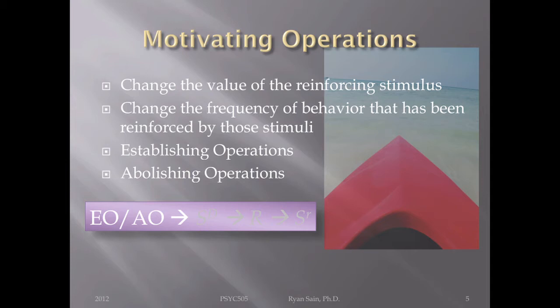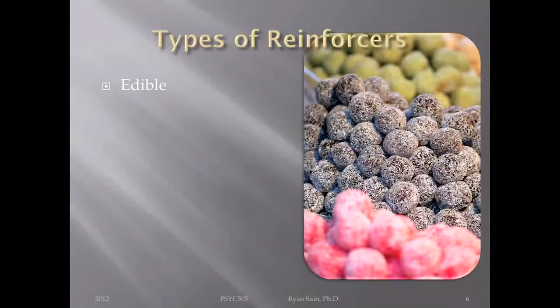Okie doke. Types of reinforcers. All sorts of ones. Edible reinforcers, sensory reinforcers. Think about some sensory reinforcers, right? This could be all sorts of things. I don't know why that would be a reinforcer to you, but maybe it is. All right. Clicker training. Right? Clicker training is a sensory reinforcer. You teach the animal, or the kid for that matter, that the click is now a reinforcer. It becomes a conditioned reinforcer. So it's a sound. Okay?